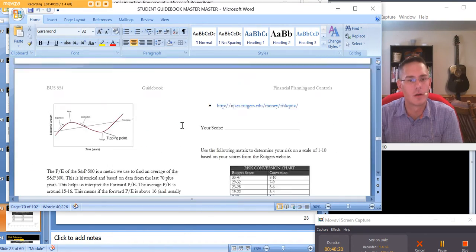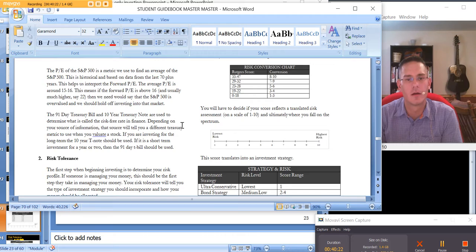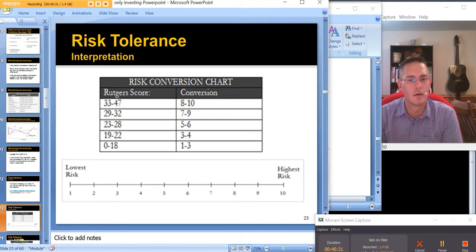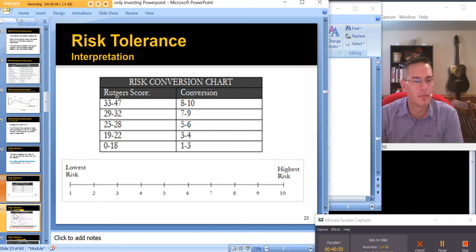You can also, because we're going to keep moving on here, find that conversion score on page 71 in your guidebook. So I'll leave this here. You can hit pause right now if you want to quickly look to convert it. And 1 is the lowest risk and 10 is the highest risk. All right, once you have your conversion score,